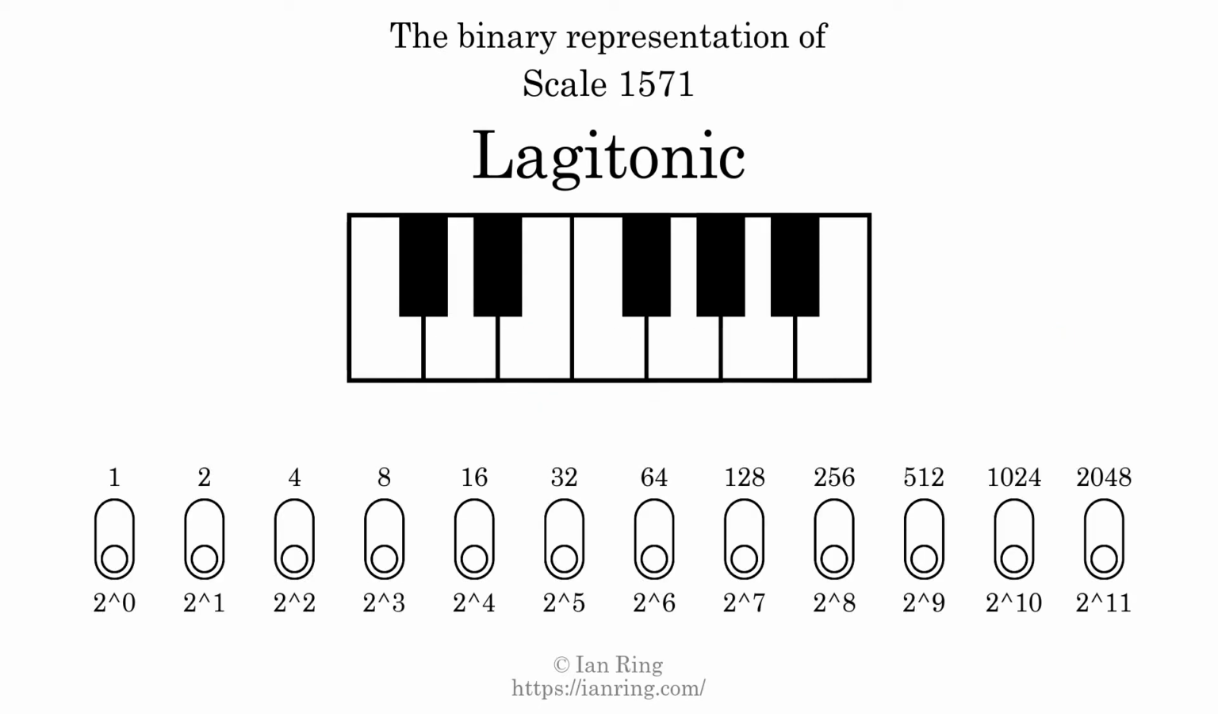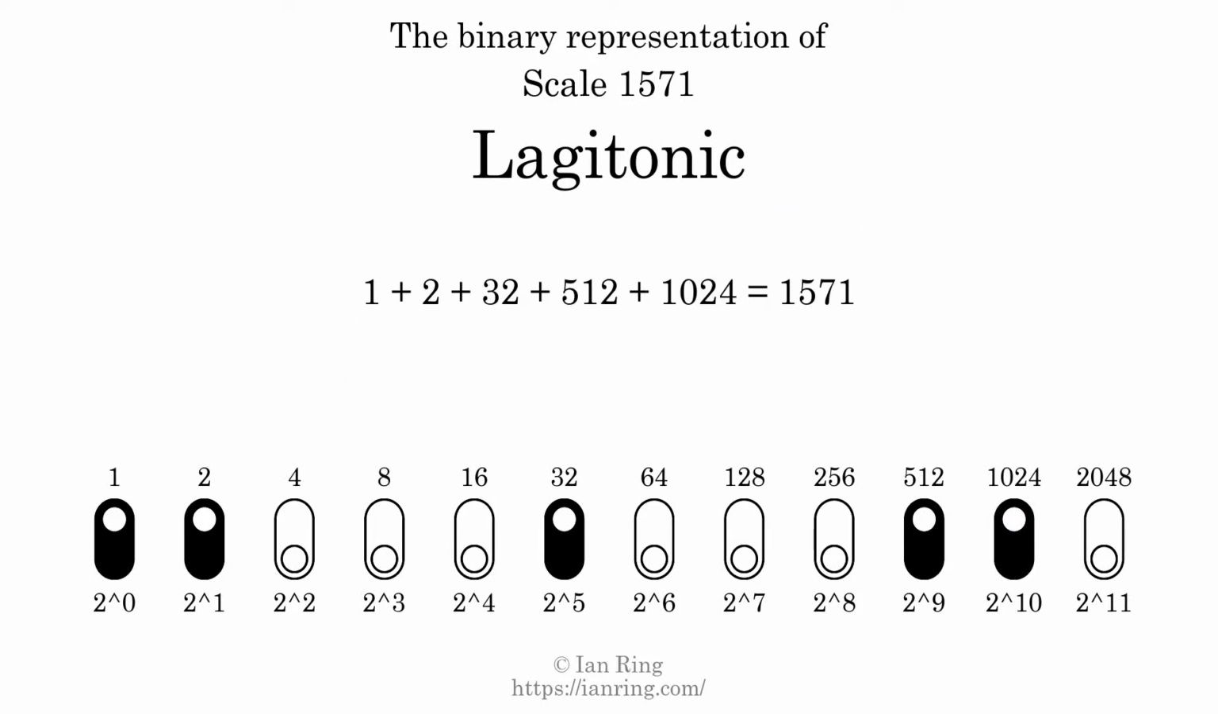The binary representation of this scale is determined by mapping tones of the scale to binary digits. Each binary digit represents a power of 2. To get the scale number, we add the powers of 2 together. The powers of 2 that are present in the scale, all added together, equals 1571. That is why the scale number, in decimal, is